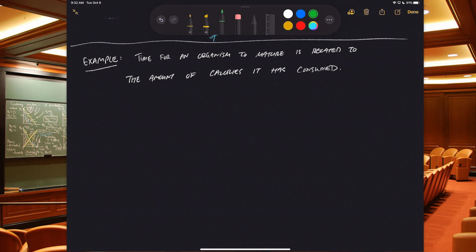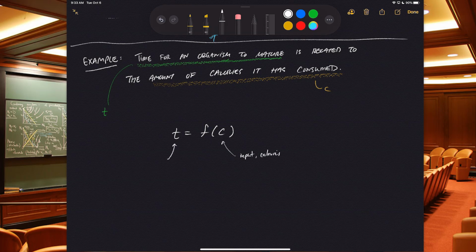fit here to me, which when we identify the two quantities, time for an organism to mature, we might give that some value t, and the amount of calories it has consumed over its lifetime, c, it seems that the time would depend on the calories consumed and not the other way around. All right, so let's jot this down. So it would seem that t is a function of c. This is the input, calories. This is the output,